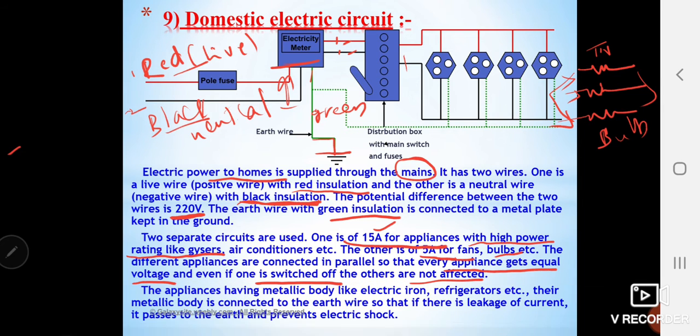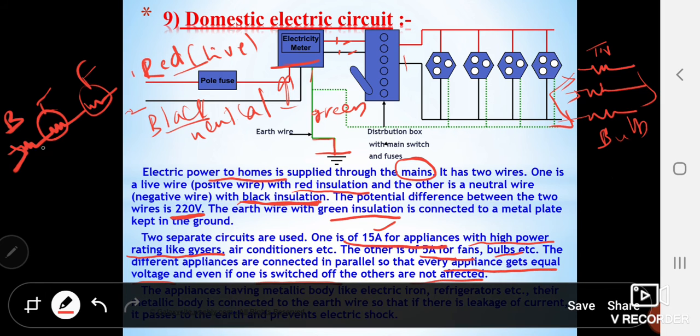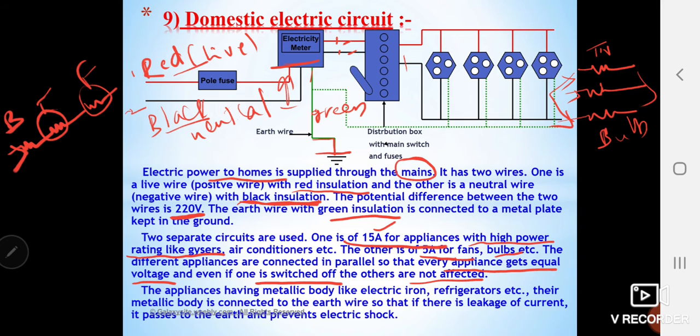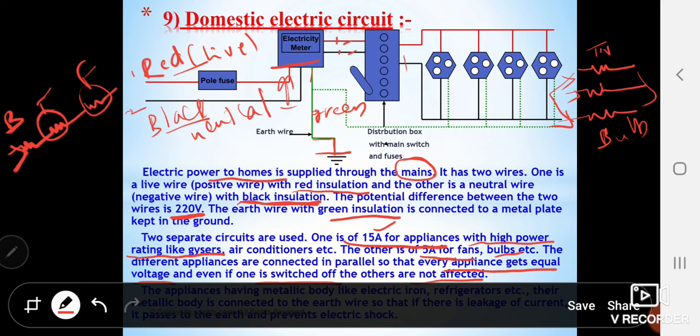In case of a series connection, it is connected like this. If it is a bulb, a TV, a fan, and one of the appliances gets switched off, there is no further flow of current, hence we cannot apply the series circuit here. Because of this reason, for our domestic purposes we prefer parallel circuits. Of course, series connection can be preferred in decorative electrical systems. So the parallel combination is preferred in domestic electrical circuits.